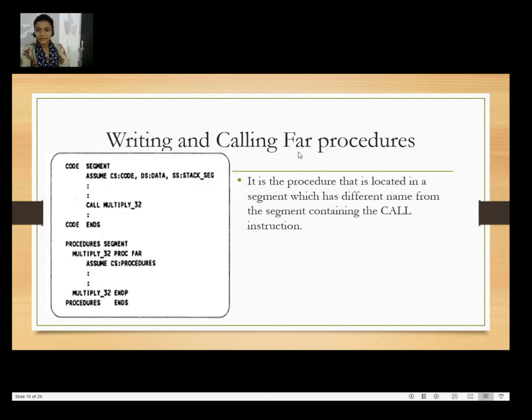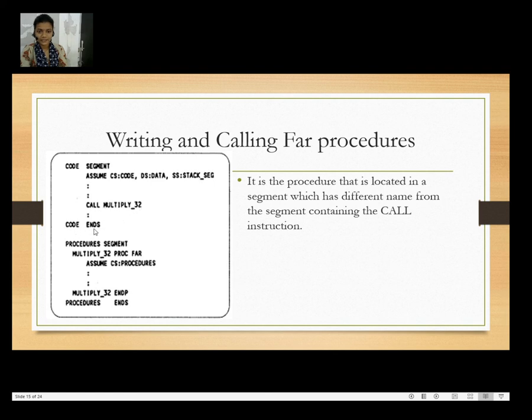Writing and calling a far procedure. Suppose first we have to initialize the segments: assume CS is code, DS is data segment, SS is stack segment. Then call multiply 32, which means we are calling the multiply 32 procedure.